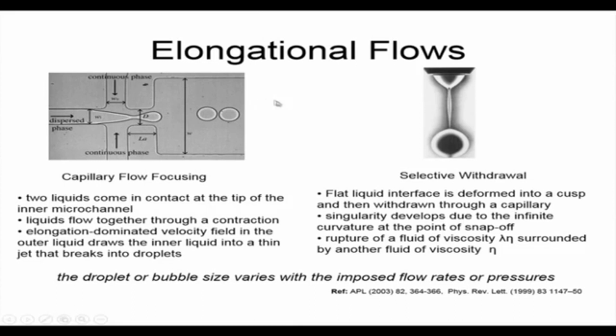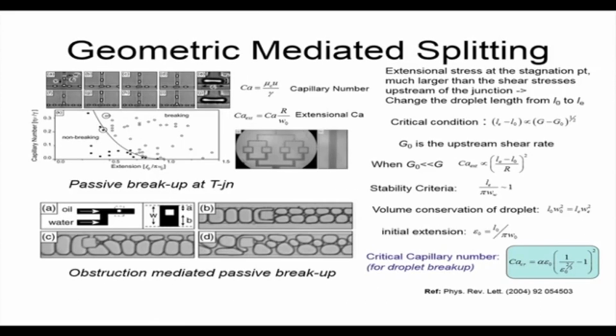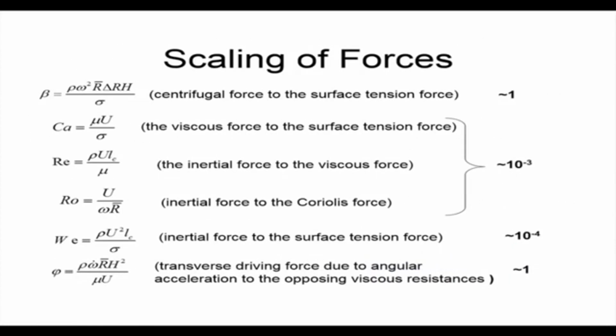There are other mechanisms also, like selective withdrawal. I will not go into the details of all this because this is just to let you know that so many other technologies are available for generating droplets and bubbles, and you can use geometrical structures also to make droplets or bubbles, and there is a whole lot of very interesting literature on how you make use of geometrical structures to form droplets or bubbles. Now in a rotational paradigm, whether droplets or bubbles will be formed or not depends on the scaling of various forces. So I will try to discuss the scale